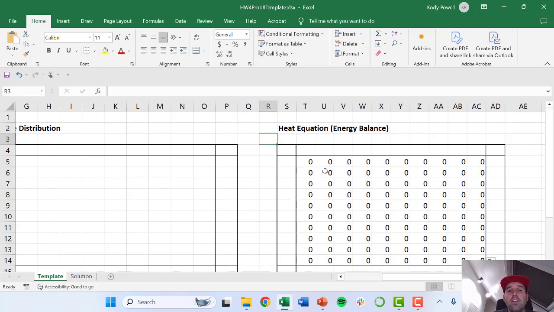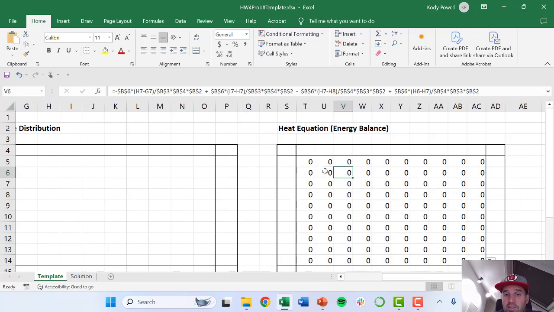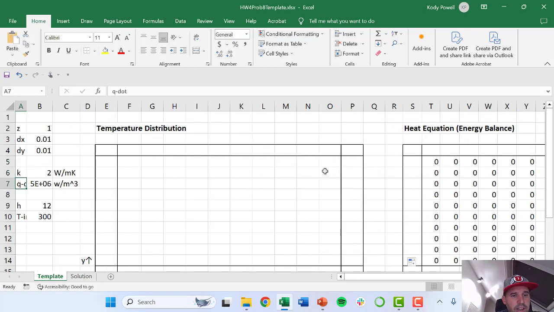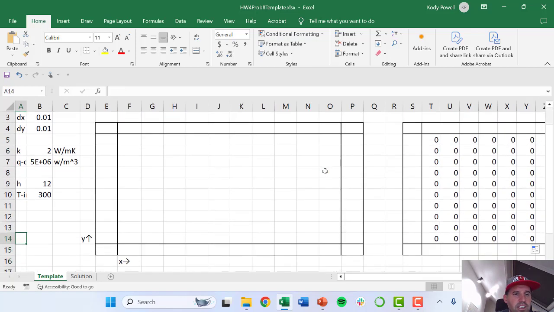All right. So now we've got 100 different energy balances set up, but these are all referencing blank temperatures. So let's give this some boundary conditions. I'm going to use Kelvin temperature for this problem. Celsius would be equally applicable. So let's say 400 is my